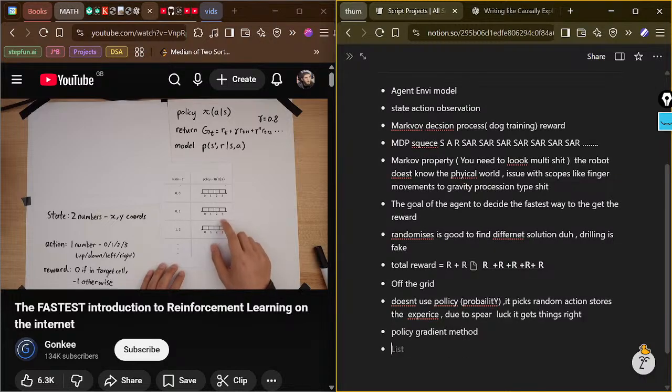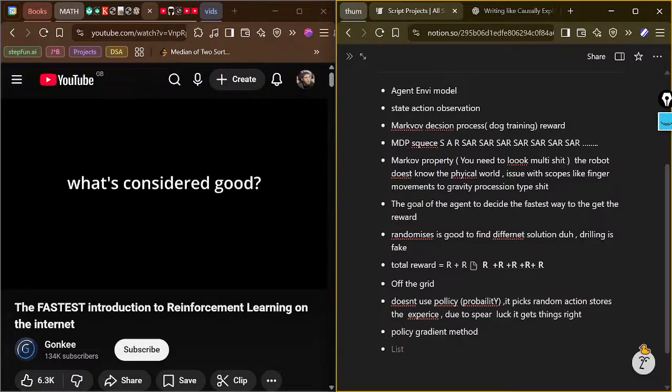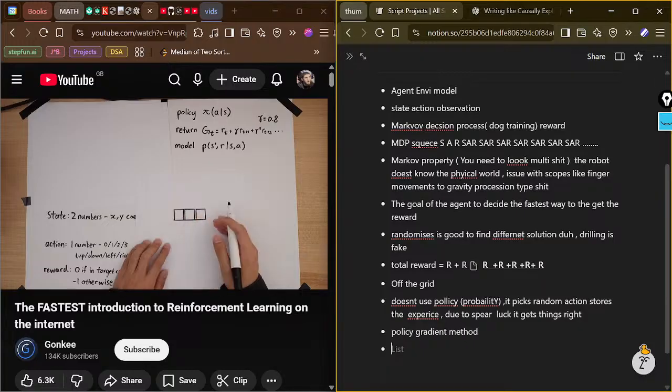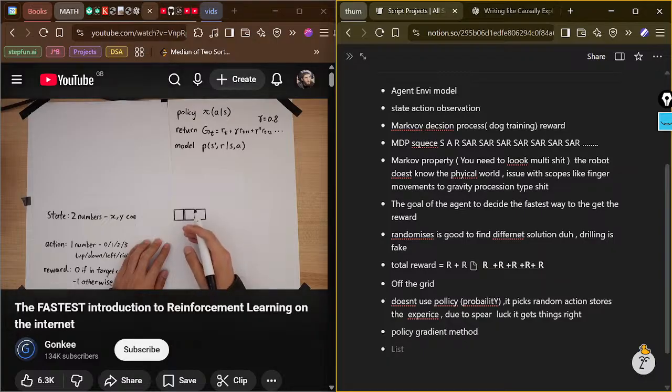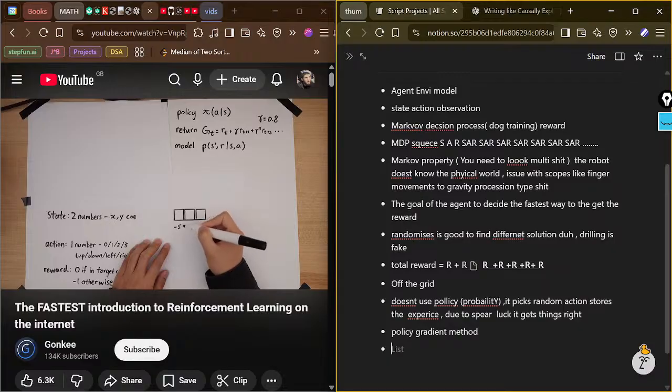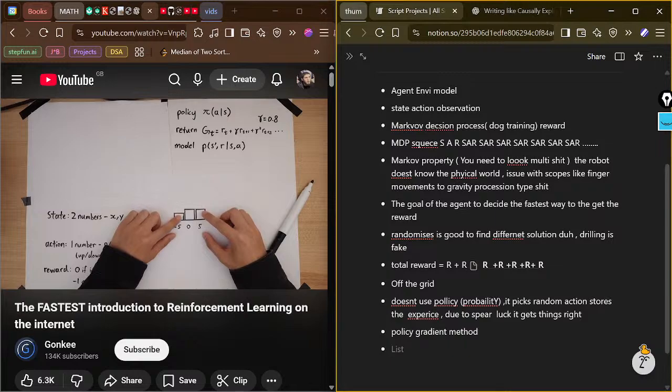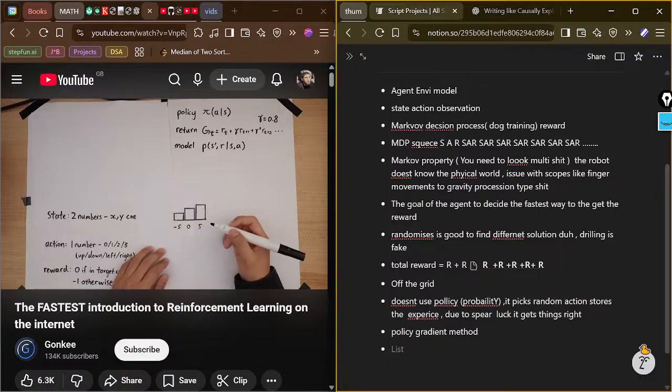But doing that requires us to know what's considered good and what's considered bad. Consider this example where we have 3 actions initially all set to the same probability. Let's say we collect a lot of sample trajectories, and on average, action 1 gives a return of -5, action 2 gives a return of 0, and the third action gives a return of 5. Then it's pretty straightforward. You push the probability for action 1 down, keep action 2 roughly the same, and then push action 3 up. But what if instead action 1 gave 5, action